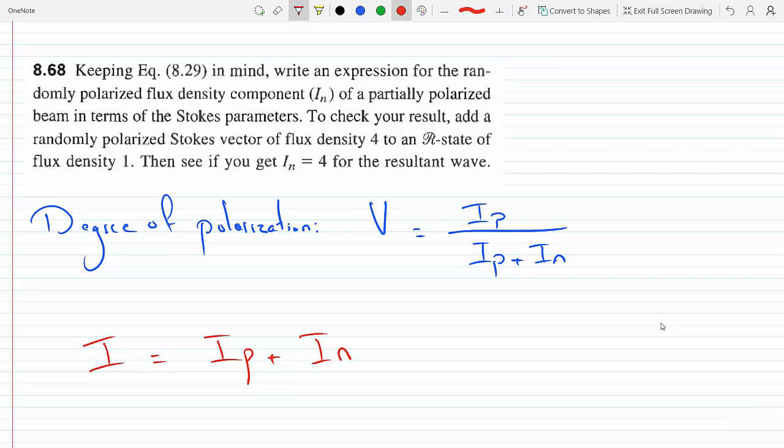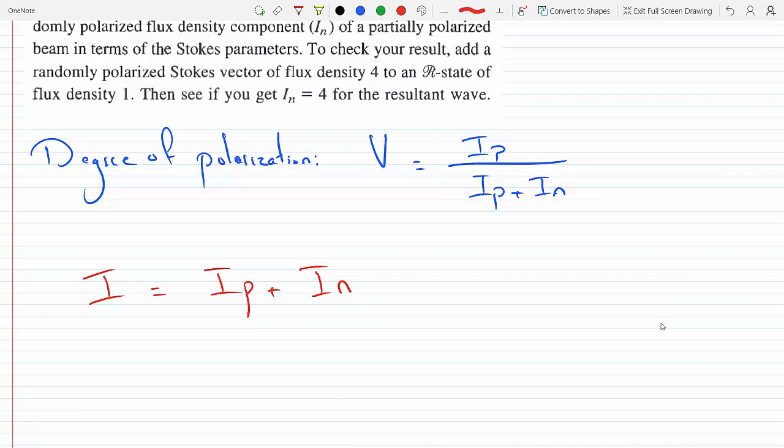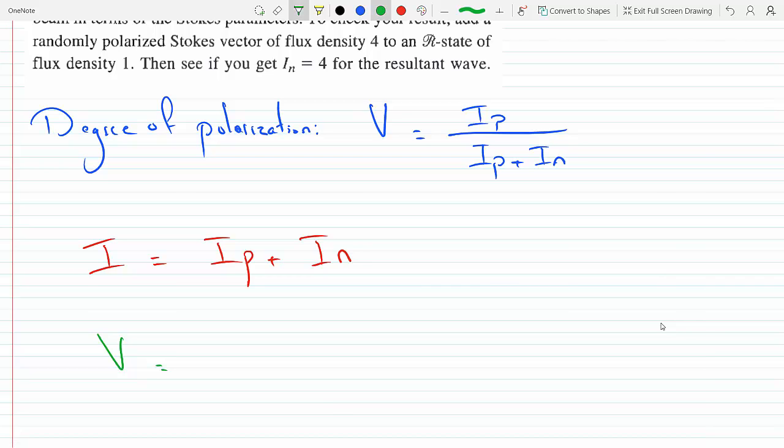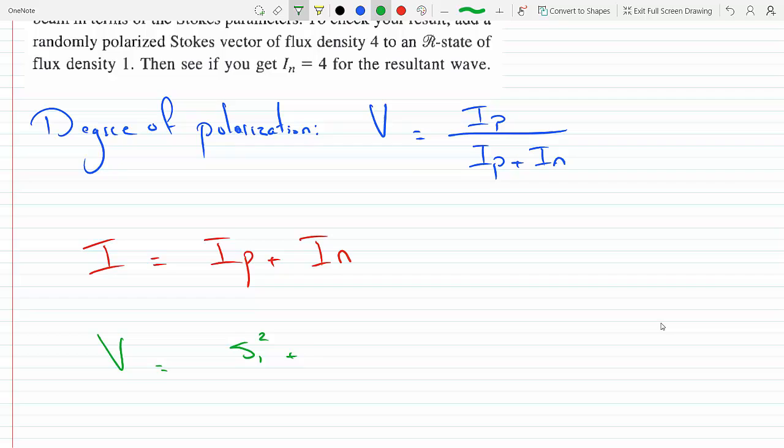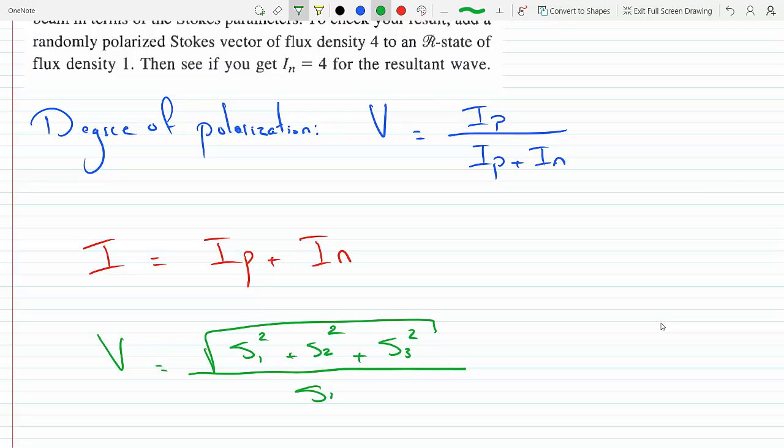Yeah, this is equation 8.48 in the 4th edition, that V is equal to the square root of S1 squared plus S2 squared plus S3 squared, all over S0, where S0 through S3 are Stokes parameters. And if I label these equations A, B,